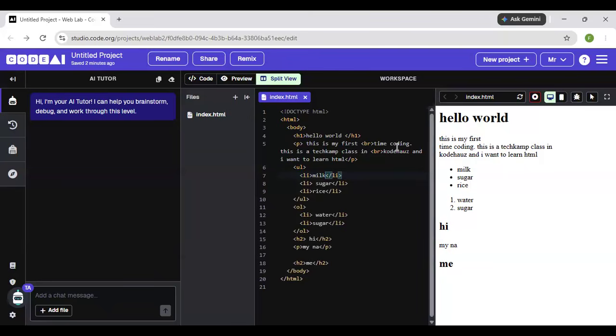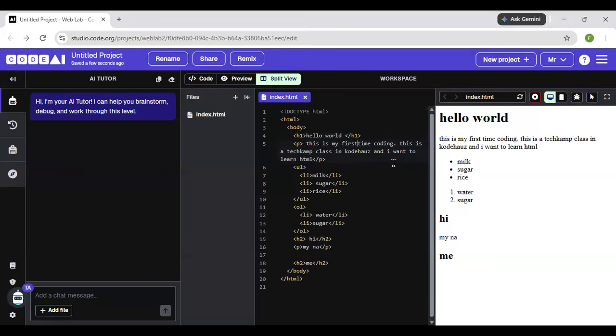So the next element I'm going to be talking about is your emphasis, the emphasis tag.